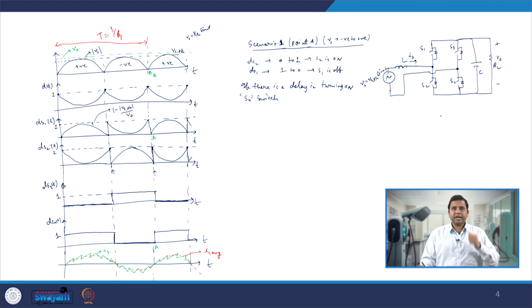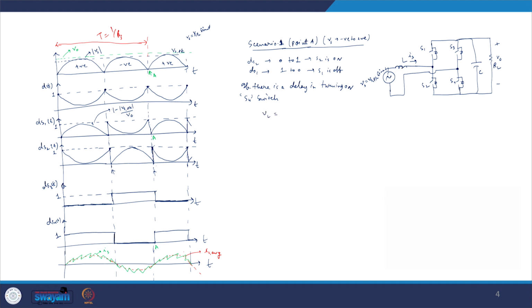Now during that time, what is happening in the circuit is, you will see the voltage across this inductor. Since the gate pulse of S3 is removed, it is a dead time period, but due to current the body diode of S3 is on, and in that time S4 is already off. As a result, the entire V0 appears across switch S4 and the output capacitance of S4 is charged to this V0 voltage.